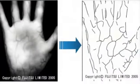In Japan, many banks already use vein scanning technology as an added security measure in their ATMs. Shinzaki also showed me the company's next-generation biometric identification system, which uses both palm veins and fingerprints. So when I press my hand on this sensor, 3 fingerprints and 1 palm vein pattern